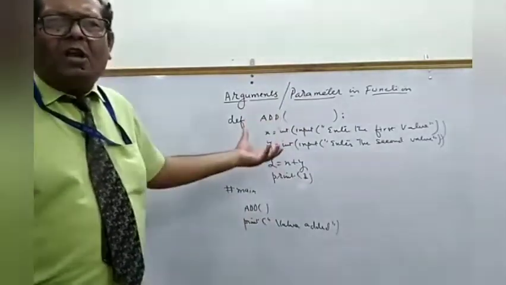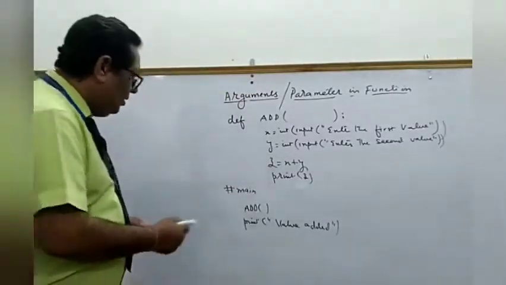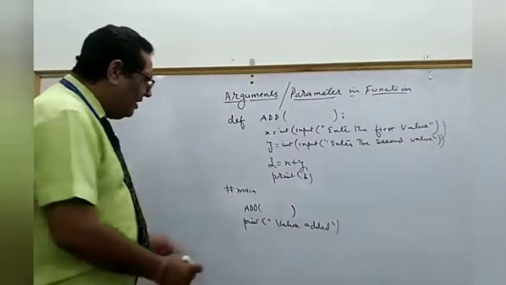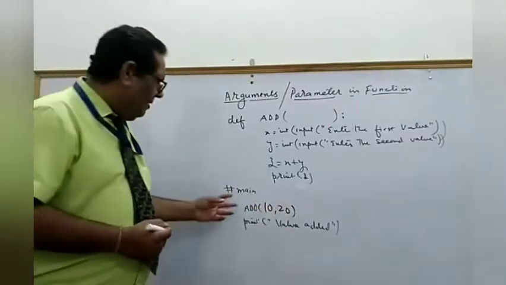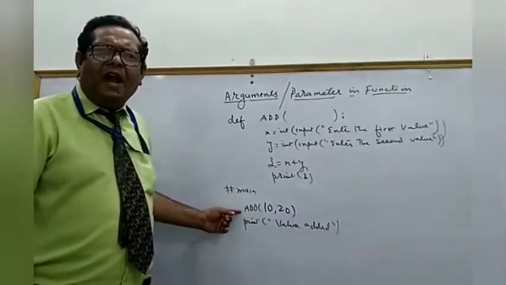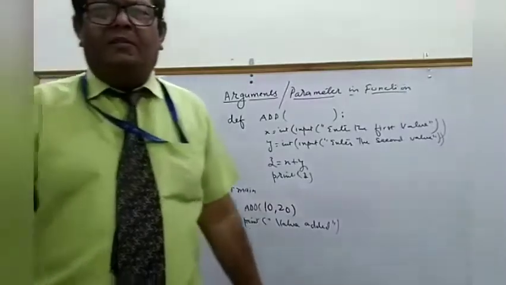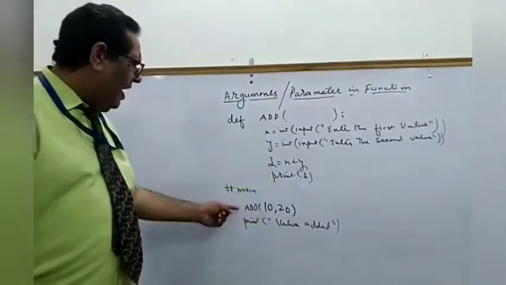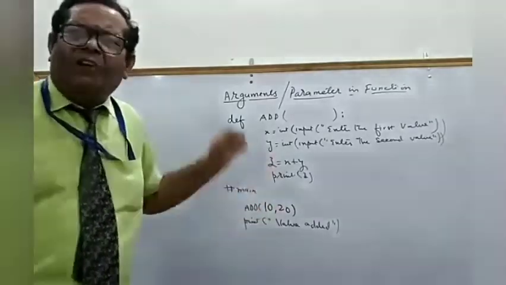Now I'm going to convert this non-argumented function to an argumented one. Look here. Suppose the main function calls function add and wants to add the two values 10 and 20. So what will main do? The main will call the function add and will pass 10 and 20 as arguments. So when the main function is calling function add, it asks, you take these two values and add them for me. So the function add will be called by passing 10 and 20 as arguments.